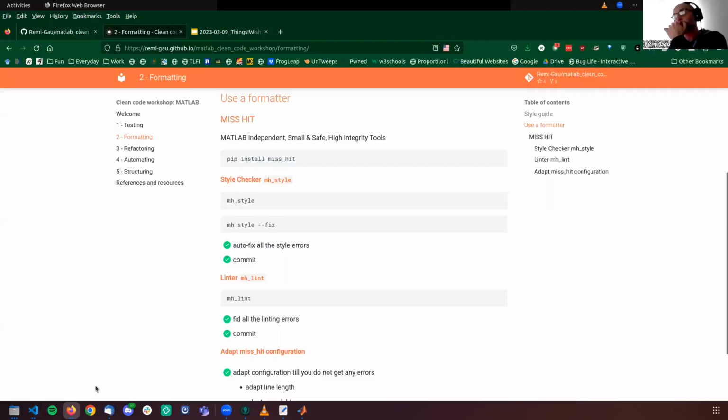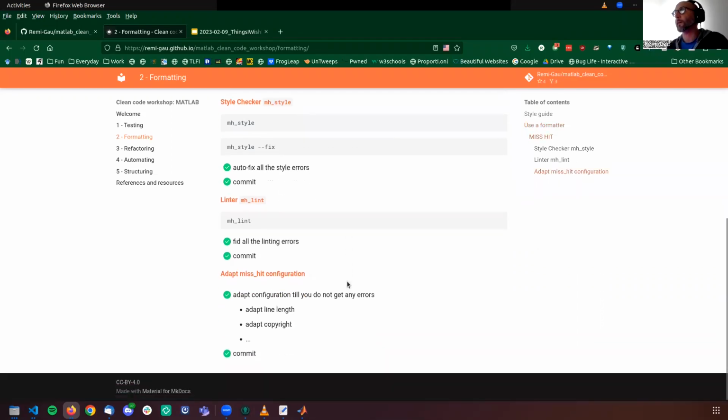And mishit comes with different tools. One is a style checker, the other one is a linter. And we're going to start running those to start cleaning up our code.